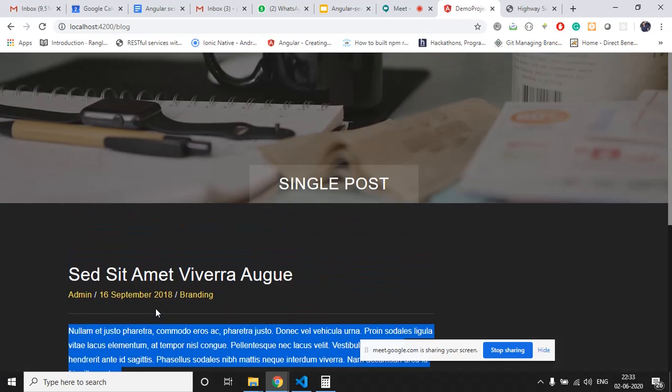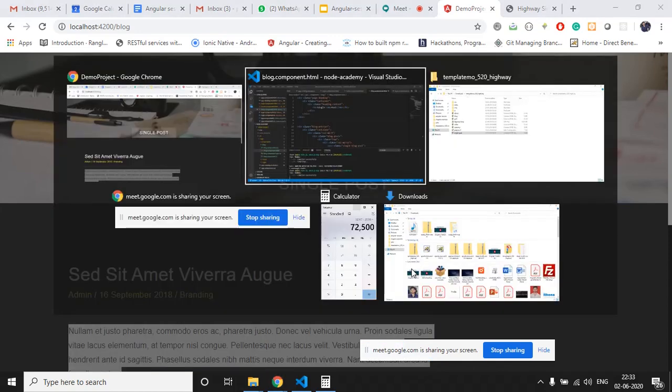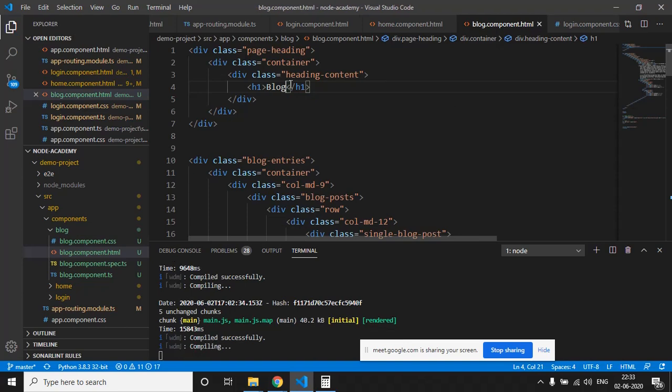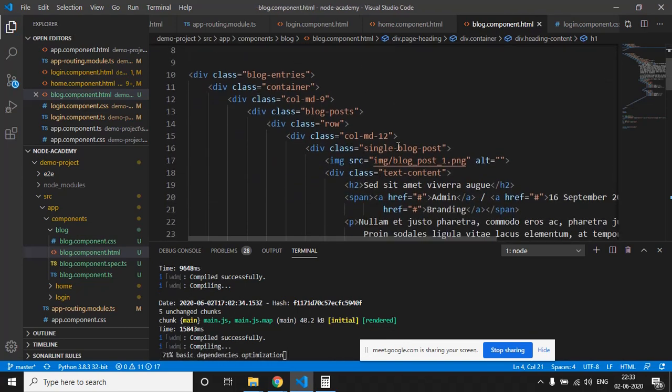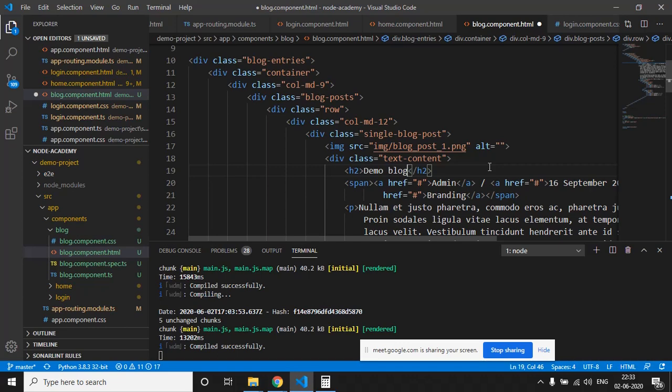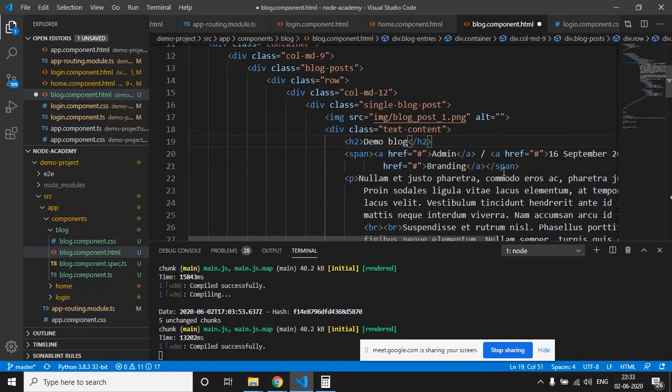So let's design this. Instead of the single post, we'll just edit the contents to demo blog. I'm just giving some demo name to it, so you can give proper names to it.